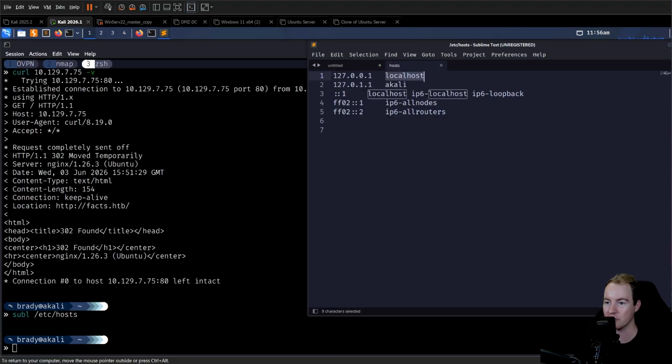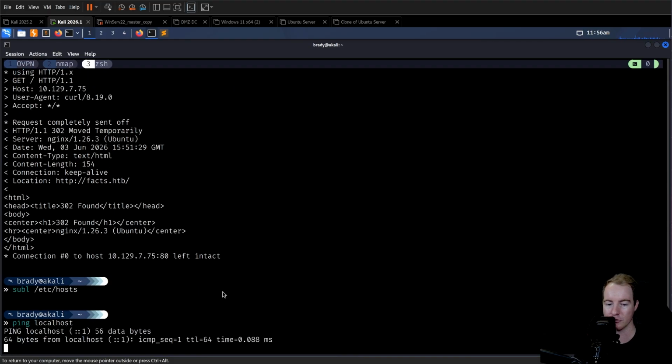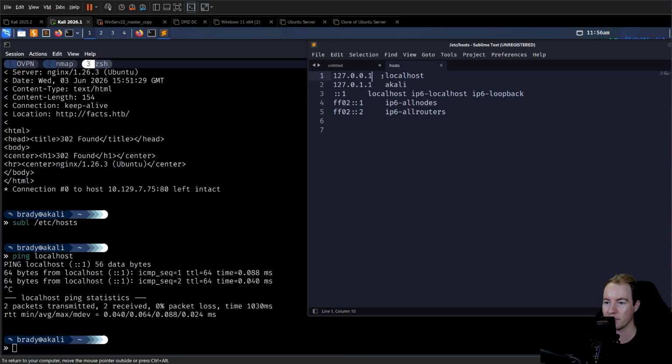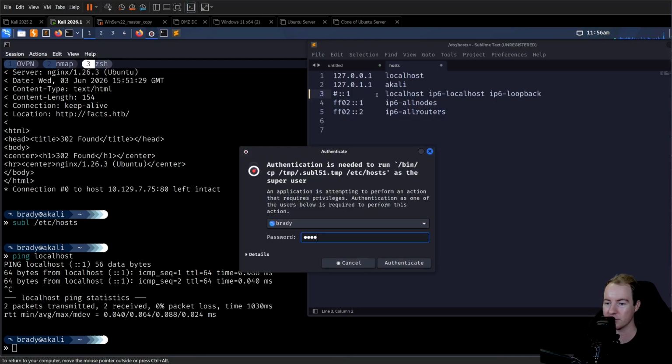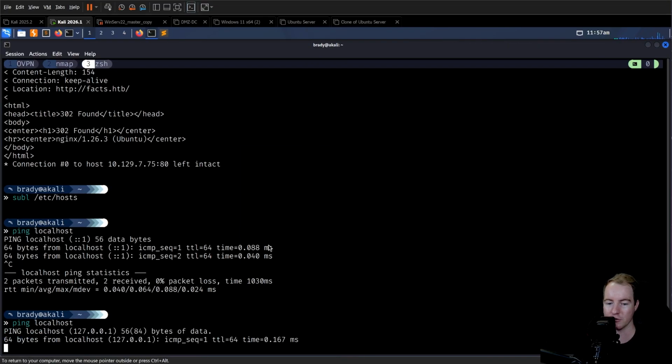So if we tell it to ping localhost, and ping is a network tool that just tells us if we can connect to something, what's happening here is it's actually pinging an IPv6 IP address. We want it to ping the IPv4 IP address, but sometimes it'll prefer IPv6. So I'm just going to add a little hashtag mark here, or an octothorpe, if you will. And this will just tell it not to look at this. I will save this, and put in my password so it knows that I can do that. And now if we ping localhost, it's going to be pinging this